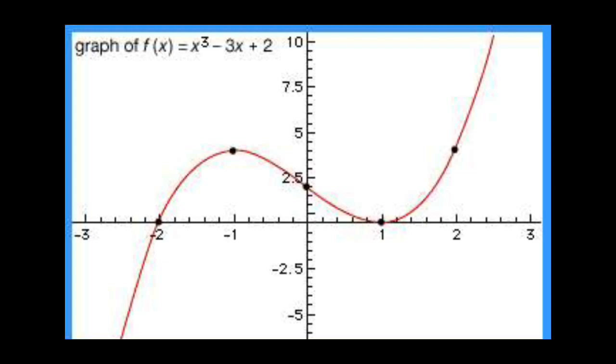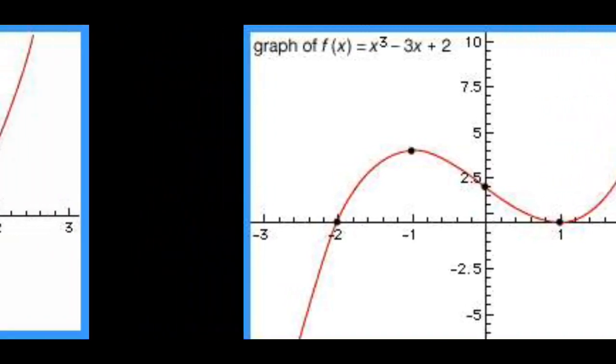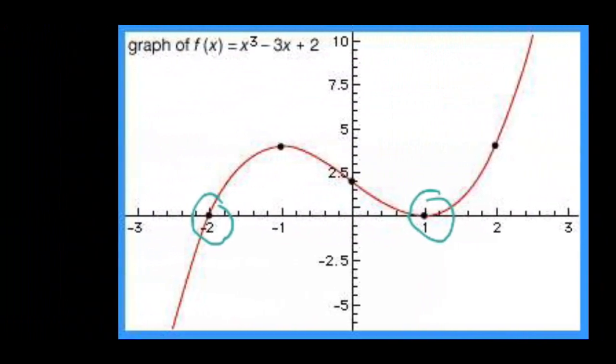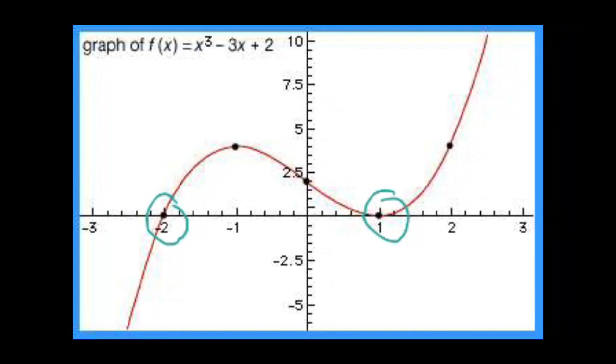In the case of linear, the graph is a straight line, in the case of quadratic, a curved line, but in the case of a cubic polynomial, the graph will be a combination of curved lines like that. You can see that it is meeting the x-axis at 2 points, the first one at 1 and the second one at -2. That is, this cubic equation x cube minus 3x plus 2 has two zeros. Understood, dear children? Because the graph is intersecting the x-axis at 2 points.